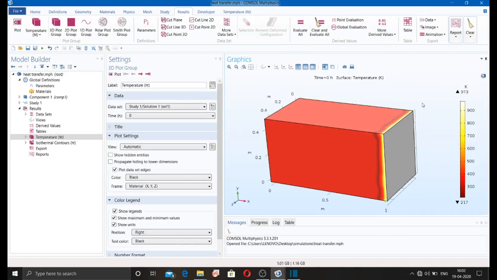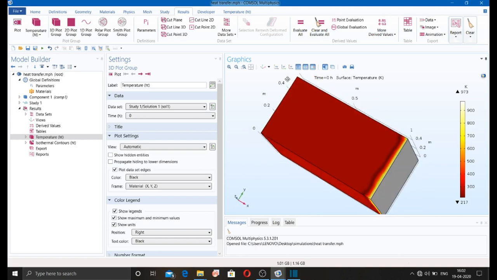So in this tutorial I am going to discuss with you about the results, how we can draw 1D plots, 2D plots, and 3D plots in COMSOL Multiphysics. I am just taking an example of this particular heat transfer problem. So if I want to draw the